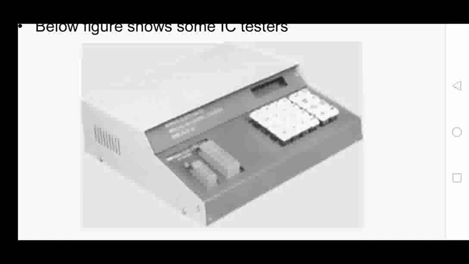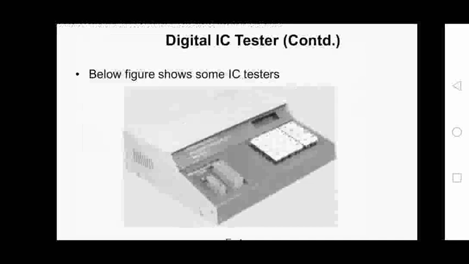So based on the manufacturer set code chart, whether that pin is matching or not matching. If it is matching, then there is no problem, and the display will show the exact value. If there is a problem, then the display will show some type of error on that pin. So this is how the front panel controls, or how the IC tester, will look like.